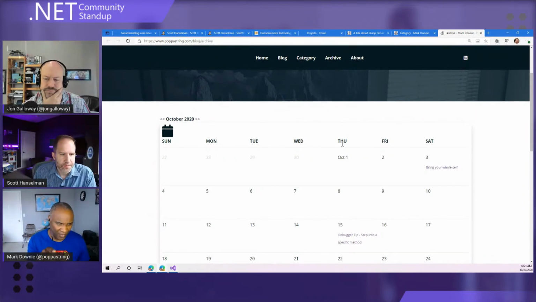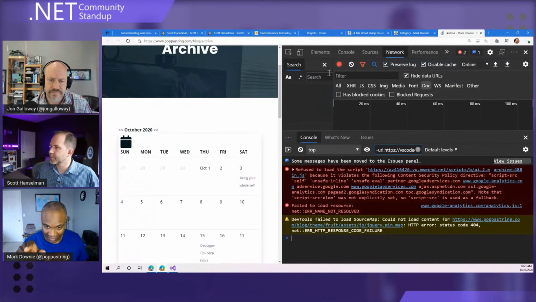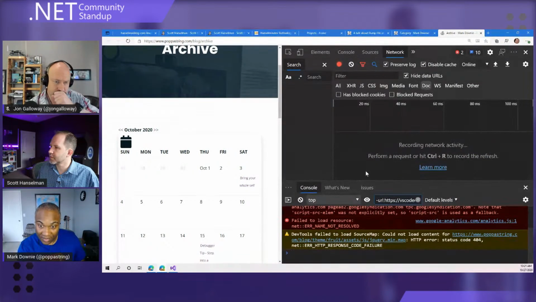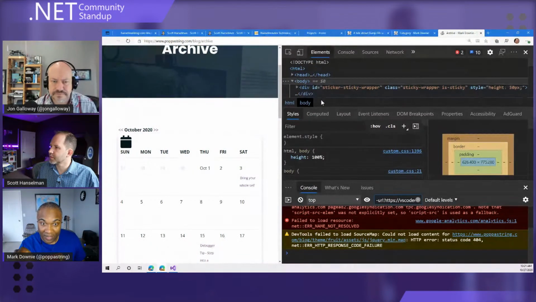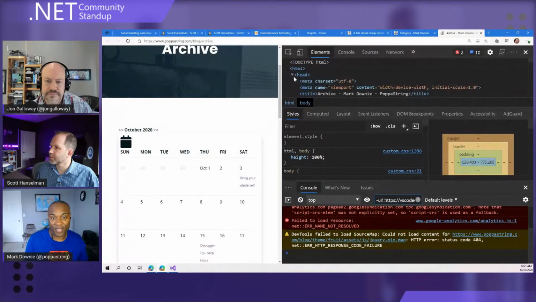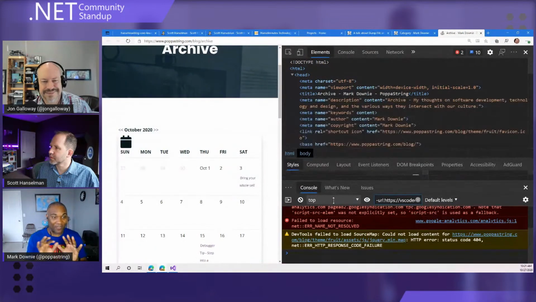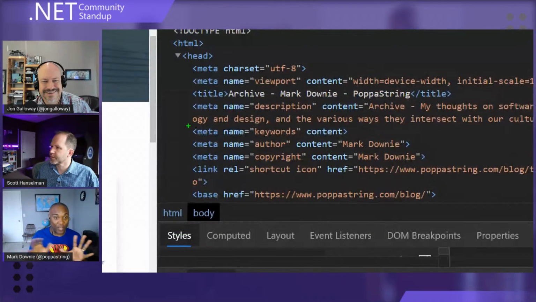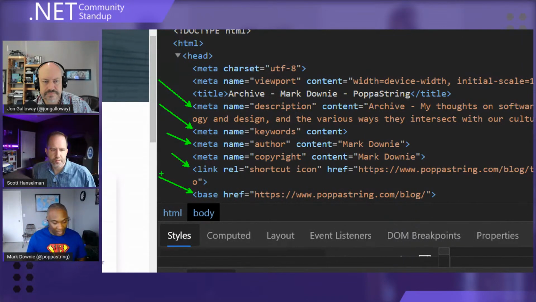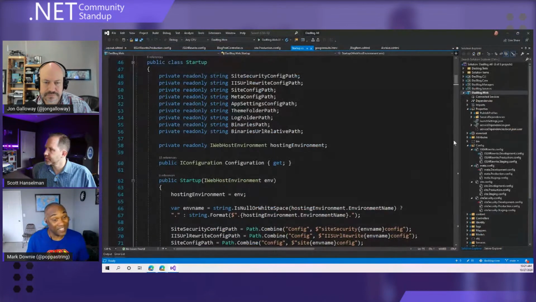If you can hit F12 for just a second, and let's look at that head. In the elements, hit elements, I think. And then there's a ton of stuff in that head that DOS Blog was doing and providing for us here. So we had to pull this data in. There's information about your site, and underlying all this data are basically 3 or 4 config files, is the way DOS Blog does it. And so I just wanted to continue that theme.